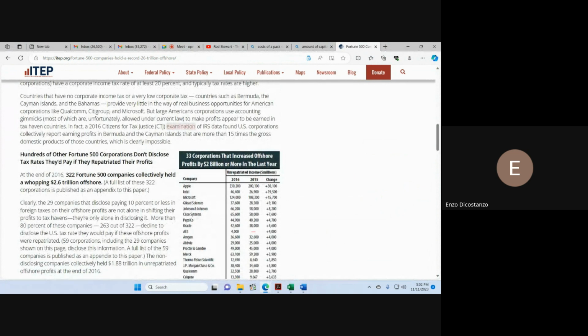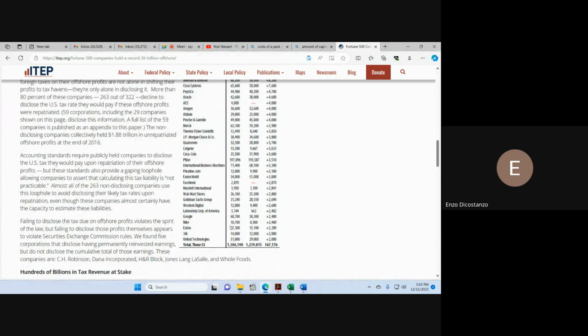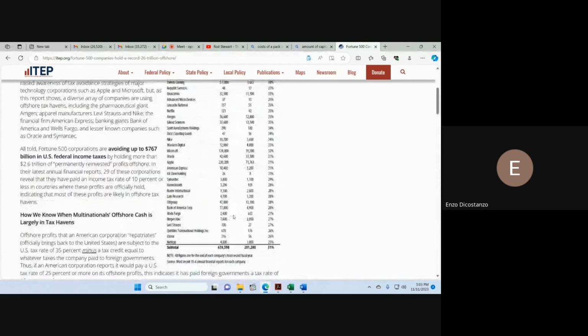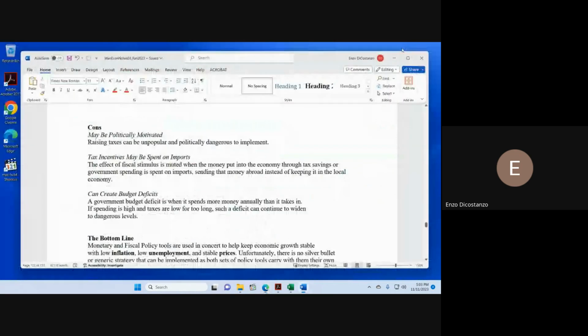These go back a couple of years, but I guess it's unrepatriated income. Apple has the biggest amount of it. What's considered very progressive companies, right? Microsoft, Intel, big numbers from those guys. So Pfizer, all heavily. These 33, it's about a trillion, right? Because if this is millions, it's another six zeros. But this is good. This is the Institute for Tax and Economic Policy. But there you go. So that's big stuff that's overseas.